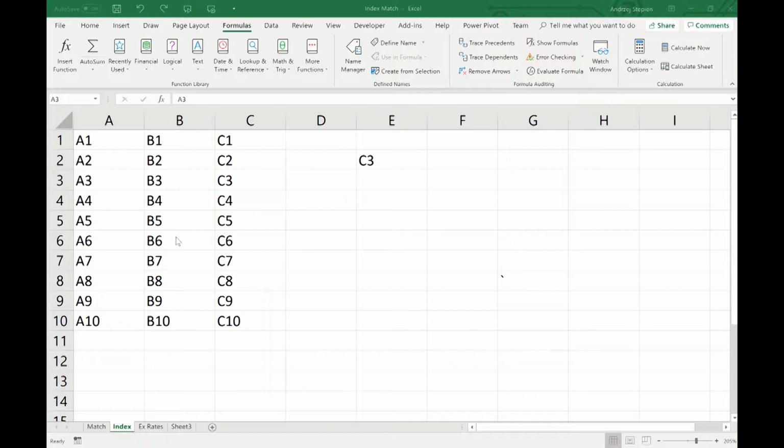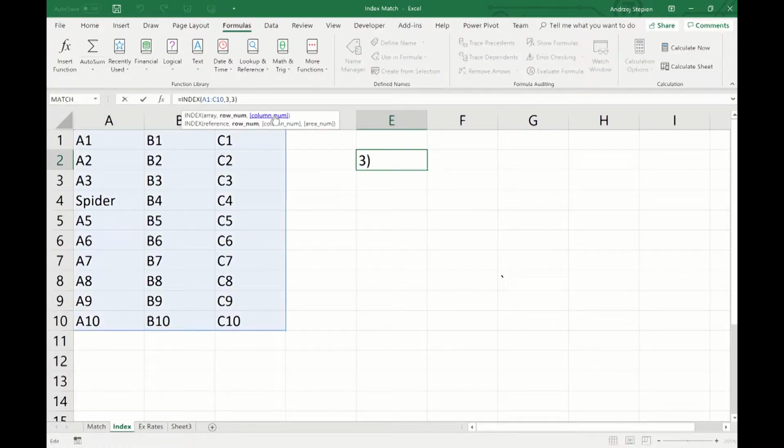Okay, now let's bring in our spider. See, unlike the match formula, index doesn't search for a spider. All index can do is give you the value of the reference you provide. Looking at our chessboard, I can see that the spider is 4 rows down from the top of our chessboard, 1, 2, 3, 4, and 1 column from the left in our chessboard. If I change that to 4, and then this one to 1,